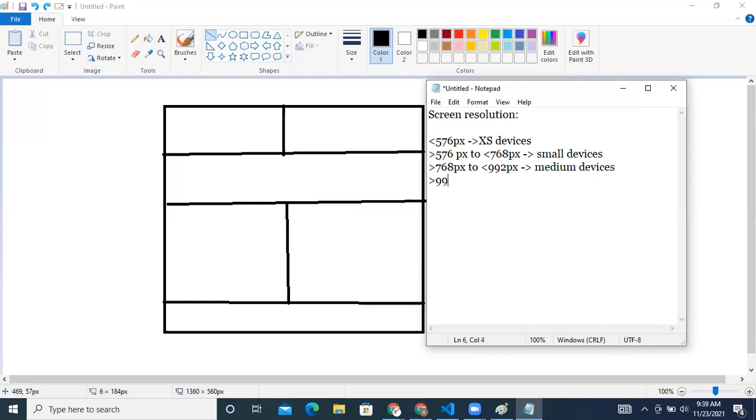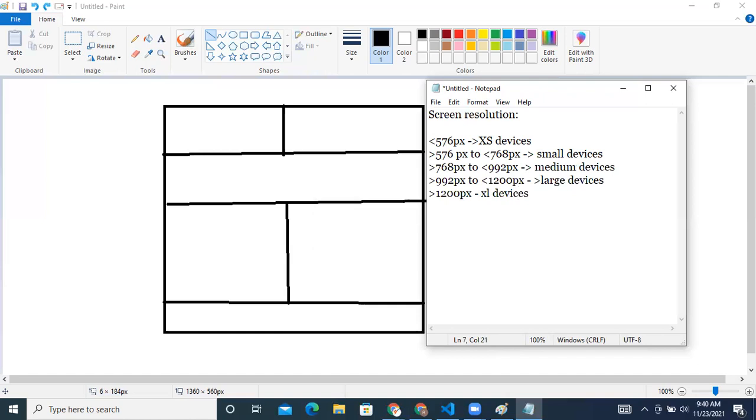If it is greater than 992px and less than 1200px, it is considered as large devices. And if it is greater than 1200px, it is considered as extra large devices.